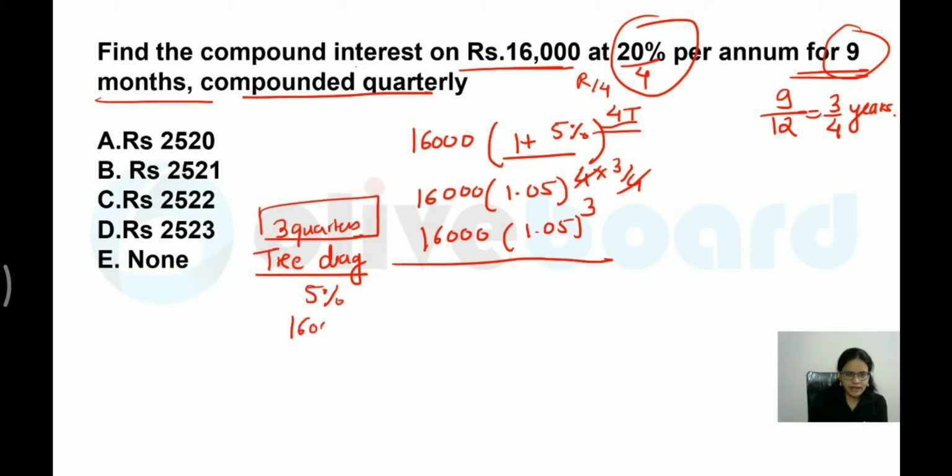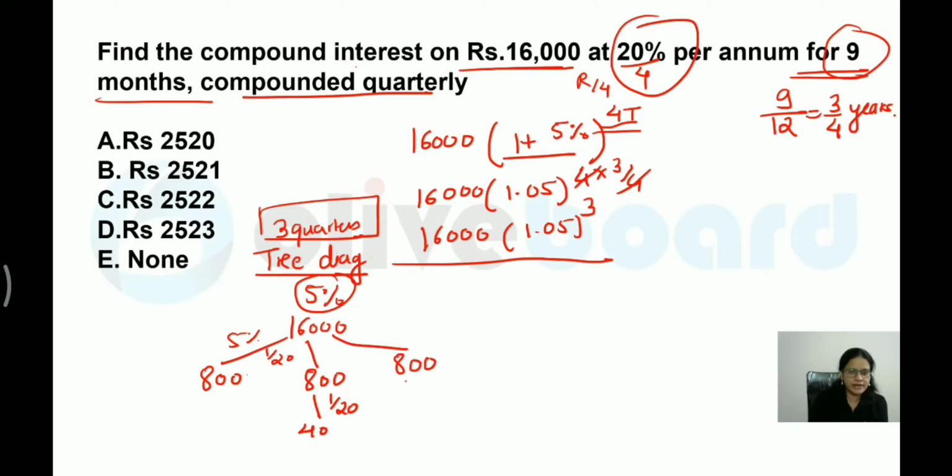So principal value is 16,000. What is 5%? 5% is nothing but 1 by 20. You can calculate 1 by 20 value over here. So what will be the value? 800 rupees. Right? Similarly, this will become 800. So what is the tree diagram? Again, you have to take 1 by 20 over here. This will become 40. Yes, now next value I can calculate. This will become 800. Now 40 you have to write 2 times. So 40 and 40. And here you have to take again 1 by 20 of this. That is nothing but 2. So how much would be the total value?